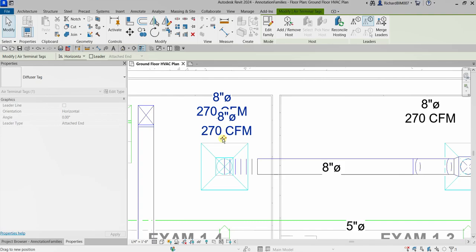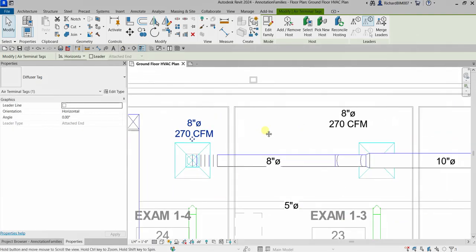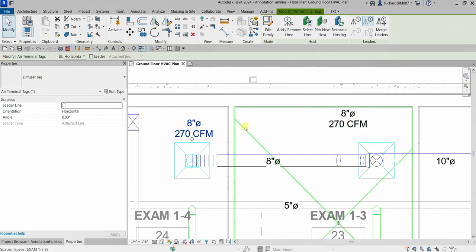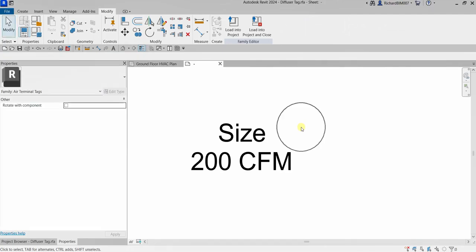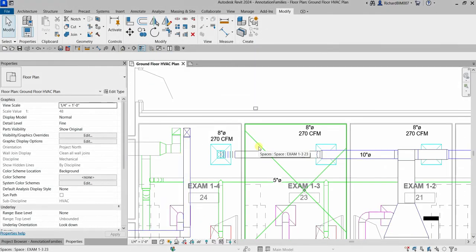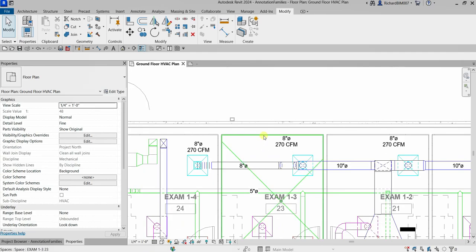Okay, so that's why it is also important, if you don't want to override the other tags that you have placed, you want to create a new one. So what you can do, you can save as this family, and then you just need to load it back to your project. Anyway, what I'm going to do next is show you how the rotate with